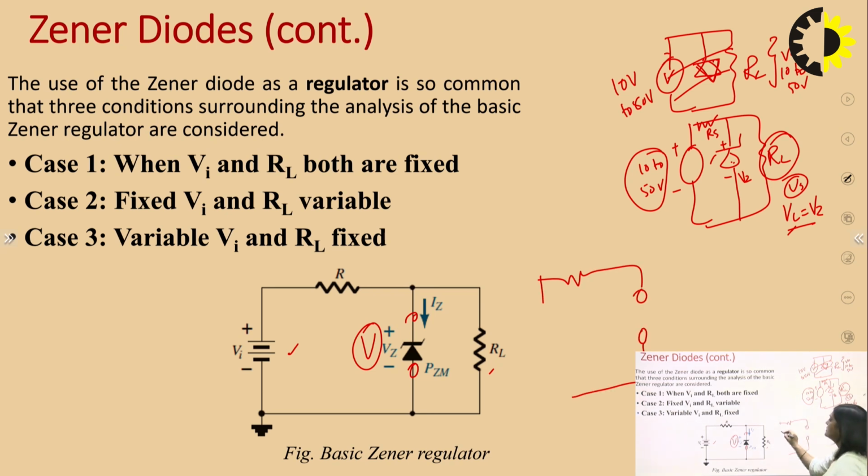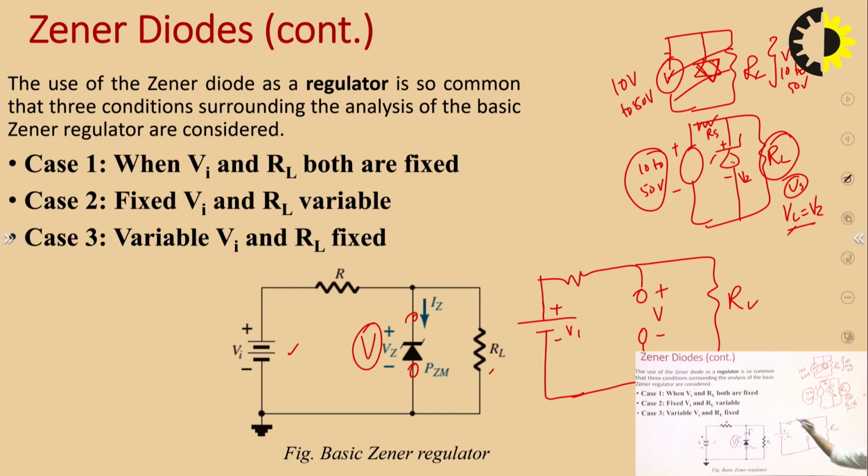We will open circuit this Zener diode. This is Vi. This is RL. So we have to find this V voltage. This is R. So what we can do? We can find the value of the current flowing through this circuit. So this current will be equal to Vi minus IR minus IRL, so I would be equal to Vi upon R plus RL. This is the amount of the current that is flowing through the circuit.